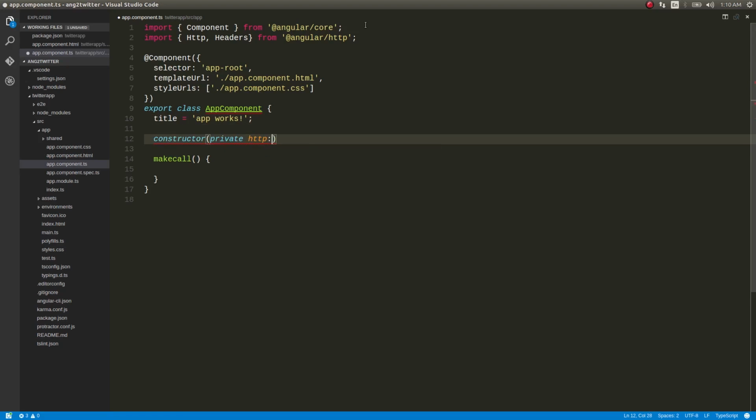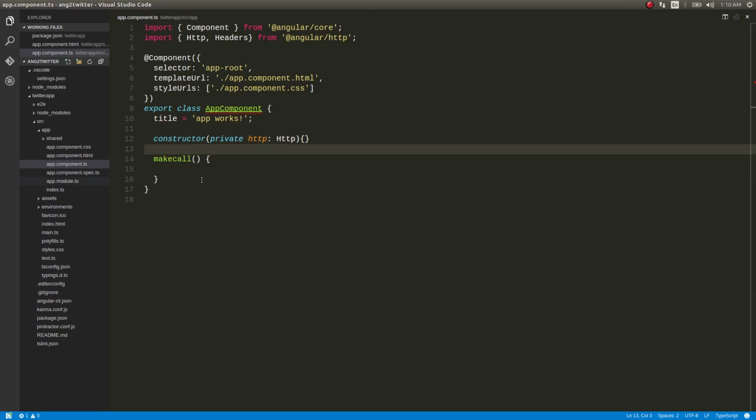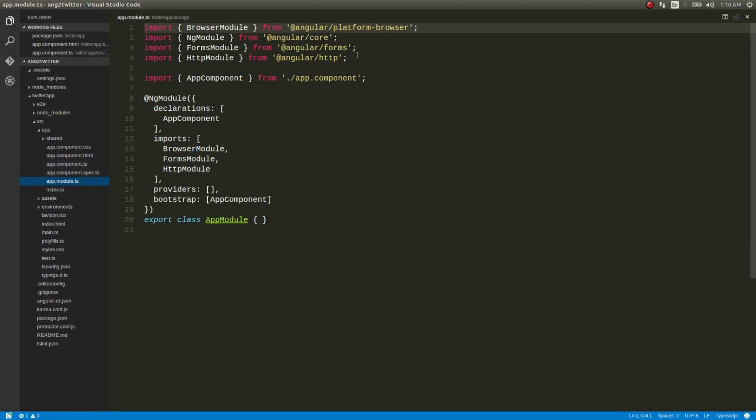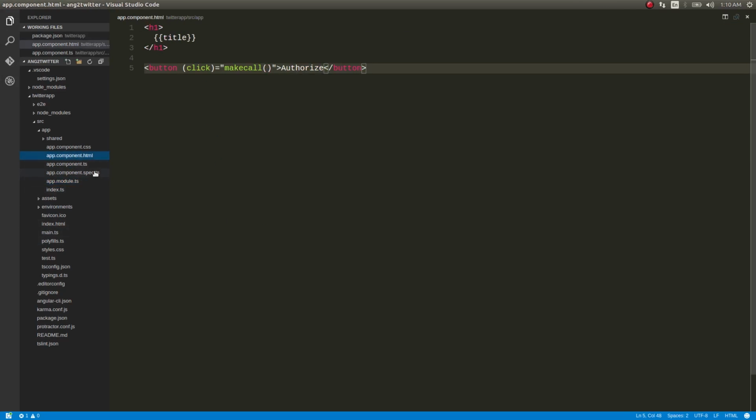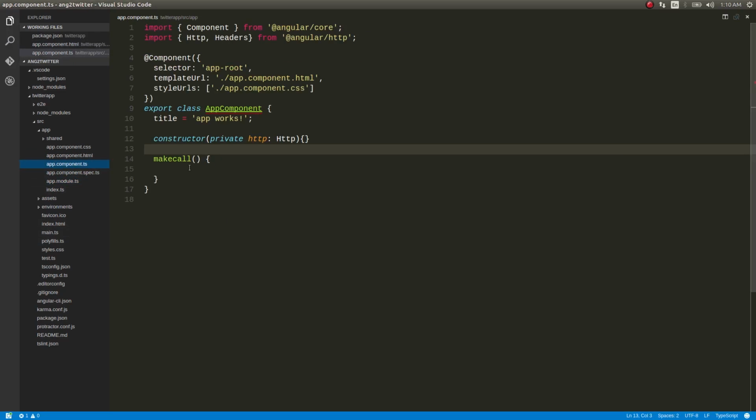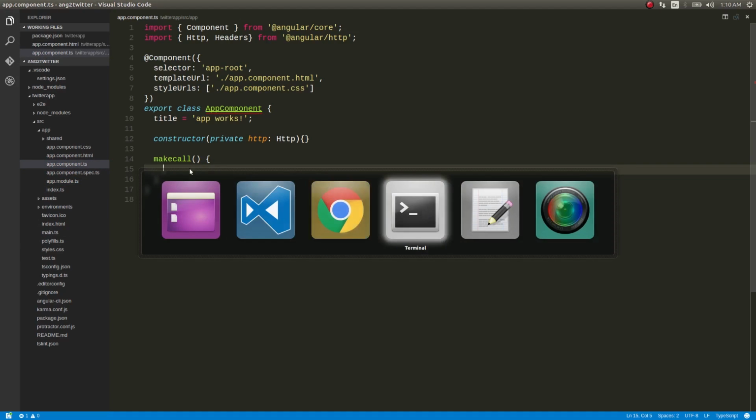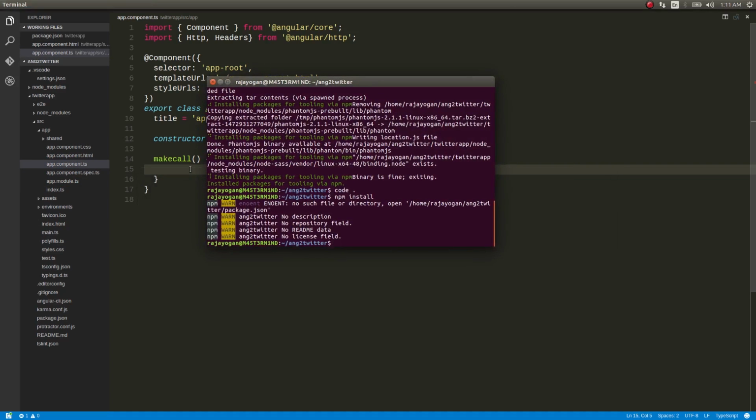private HTTP. Okay, and then in order to make this work, you need to give HTTP module is already here. Wow, that's amazing. So then what else do you need to do? We need to have a backend, and from here we are going to call that backend, right? So let's open up our